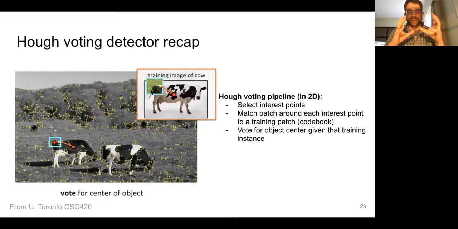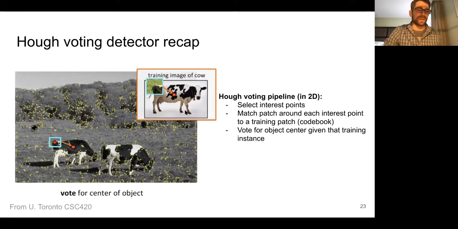We're going to look at what we have in that patch. And we're not going to just keep that patch. We're going to also keep the displacement vector that's going from the centroid of the patch to the centroid of the objects. We have that at train time. We can do that for all our training set. Now,